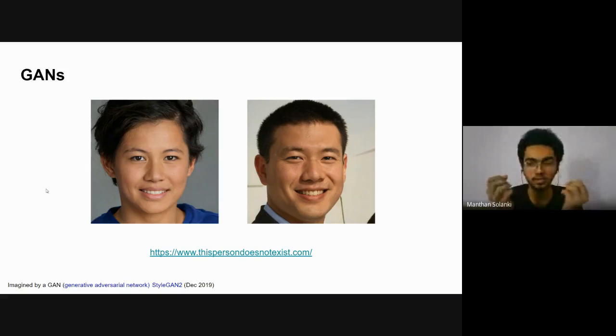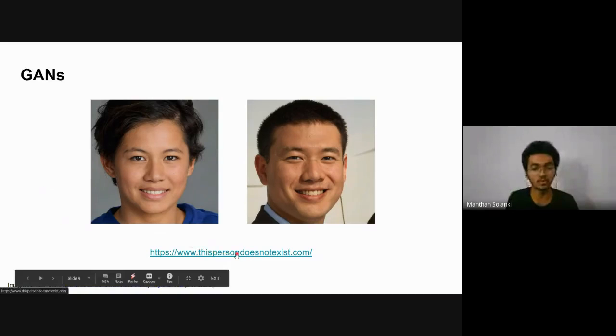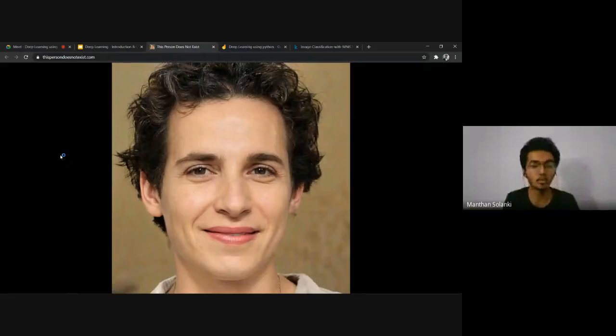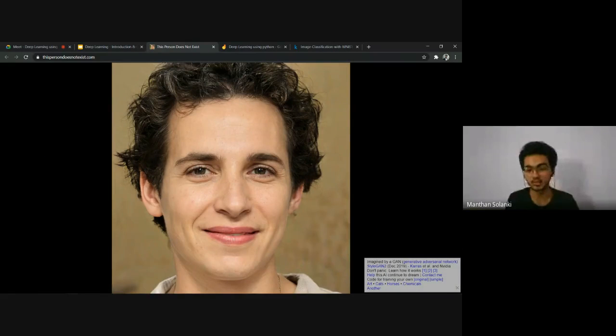something new. So these images are generated from noise, and we have the input data of so many faces. So it is the combination of noise and the features of our faces. This is a very cool website, everyone should visit it once. Every time you open this website, an image is generated, and some side notes are there, like this image is generated by StyleGAN.